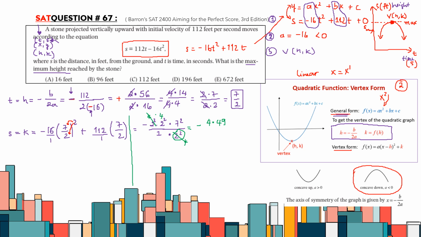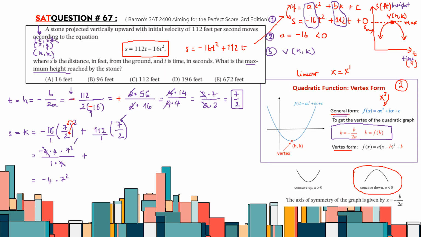Or we can just keep it like that. But let's try in different ways so that it will flow well here. Okay, let's write it down this way. So we'll have negative 4 times 4 times 7 squared over 4 times 1. Okay, and the same thing will cancel this one. We'll have negative 4 times 7 squared. We keep it like that because we see a factor of 7 right here, so we don't have to just